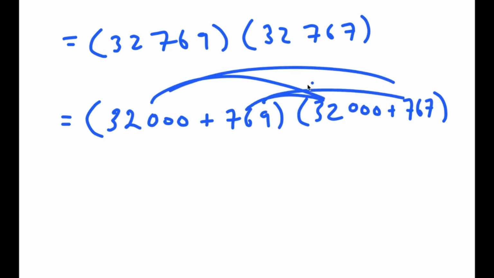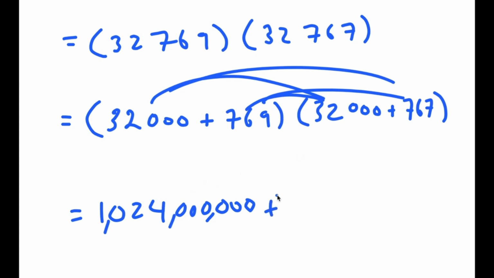So I get 32,000 times 32,000, which is equal to 1,024,000,000. And now I have this plus